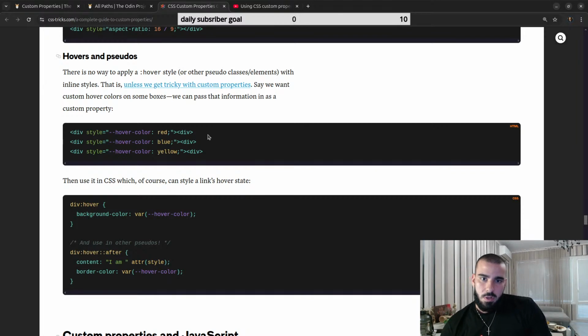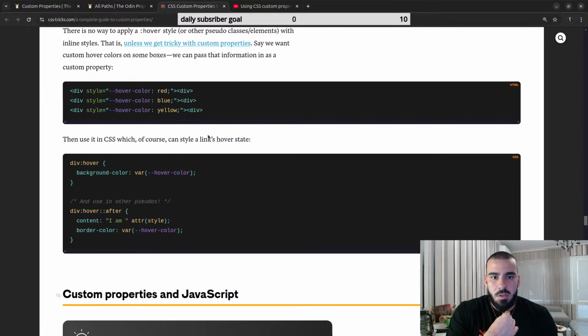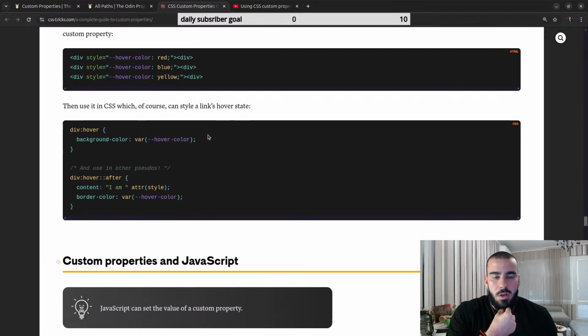Say we want custom hover colors on some boxes, we can pass that information in as a custom property, then use it in CSS, which of course can style a link's hover state. So this div.hover, and they just use the hover color variable, which is yellow, and hover after